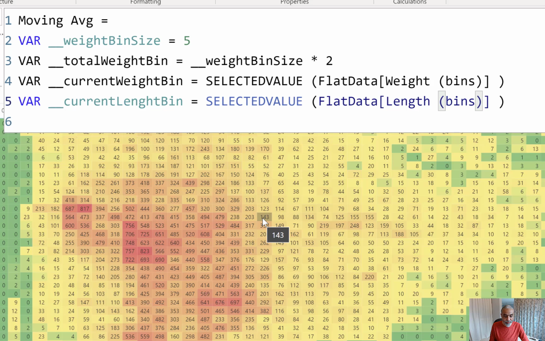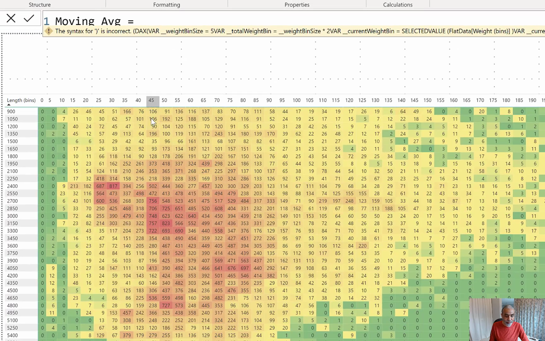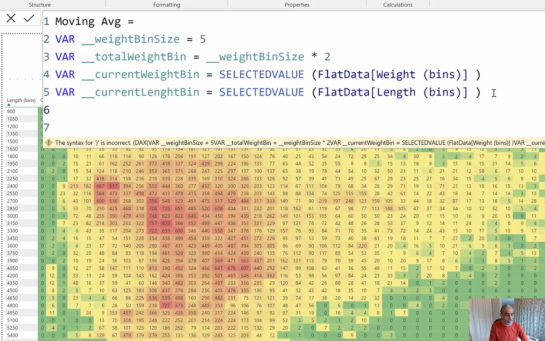I just want to make sure that you understood what I'm doing here. Basically, if I'm at this 90, my weight bin will be 45, and my length bin will be 1200. That's what that particular selected value is giving, so where we are in that particular cell. Now once we have this, we have the weight bin size,